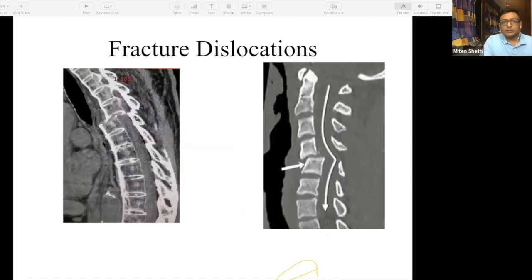Here the CT scan is similar to an X-ray. You have to read it in a similar way. You have to see the sagittal section and you have to see the alignment. You have to see if there's any gross difference, or a miss in the alignment. So here you see that at this stage, there's a disruption in the spinal column. Again, here there's a disruption of the spinal column. This is something that you see in a CT scan.